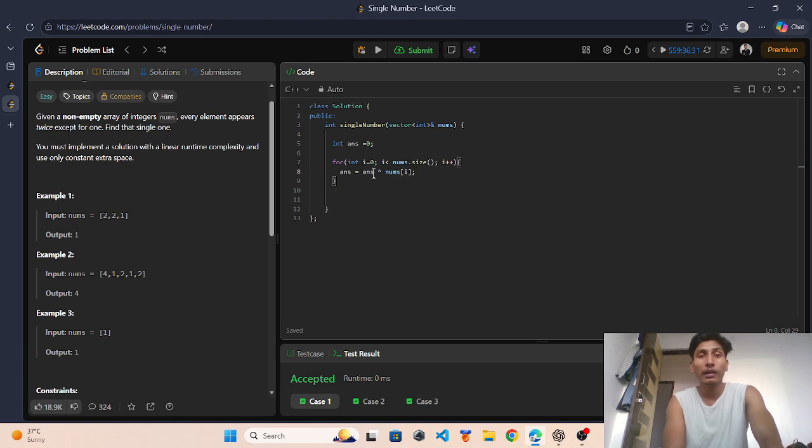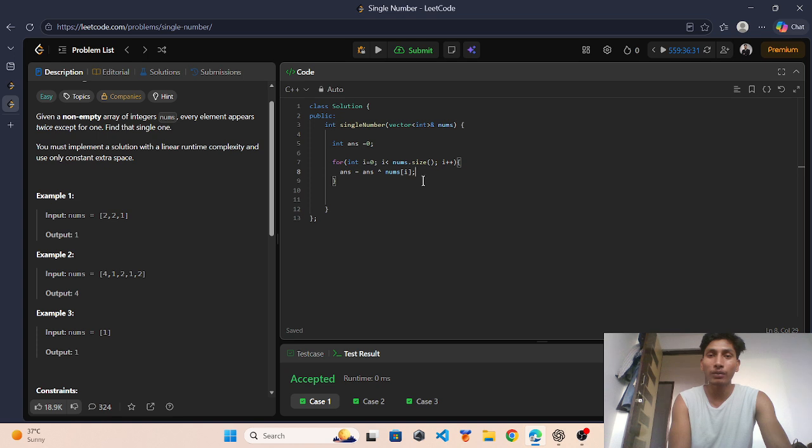Now the loop runs and we go to index number 2, where nums[i] equal to 1, so 0 XOR 1 returns 1. We have to return the element which is present in the nums array only one time.